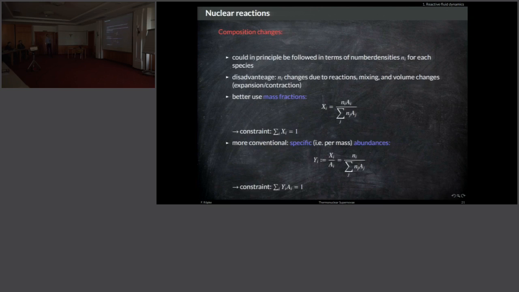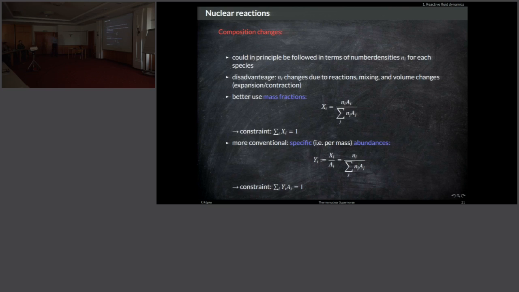Okay, so I think here a slide is missing, so I was a bit too fast in preparing the slides over the lunch break. I thought now we would actually have the nuclear networks here. So there's something wrong with the order of the slides. I apologize for this. Anyway, nuclear reactions will then introduce composition changes, of course, and